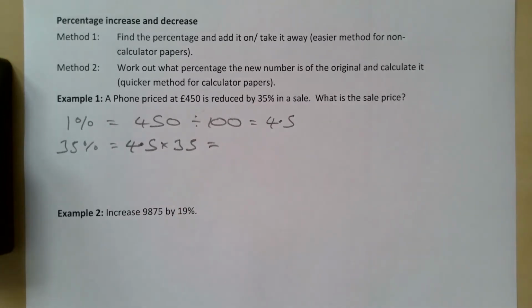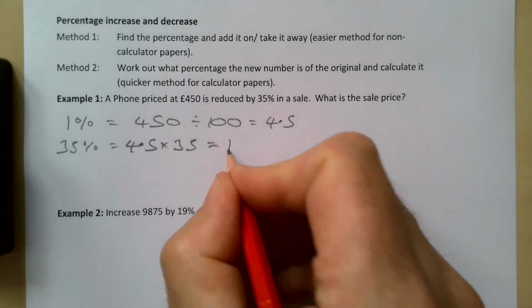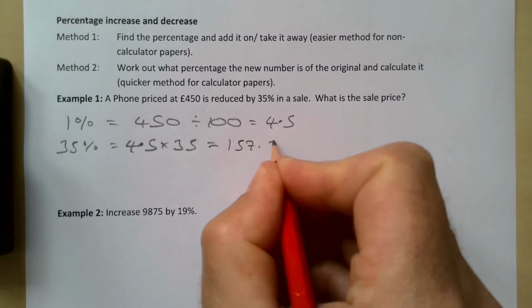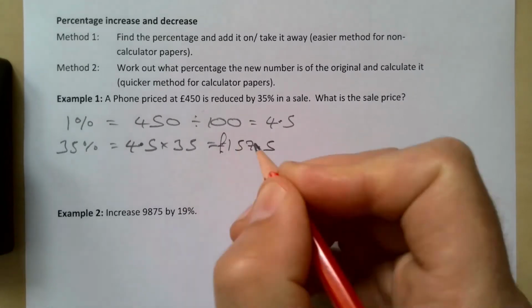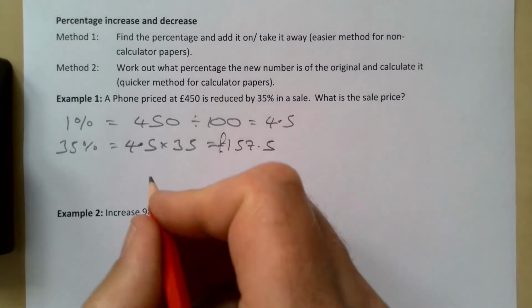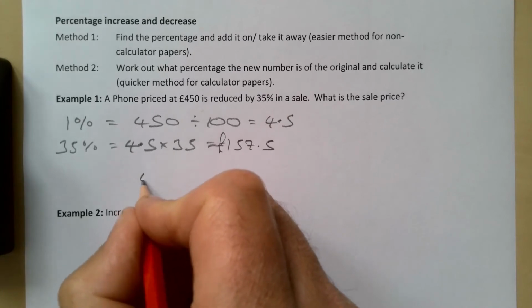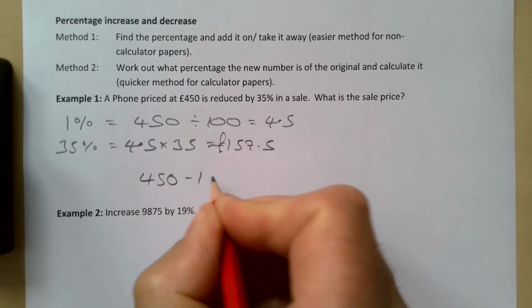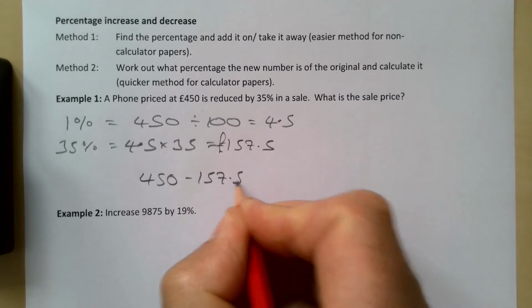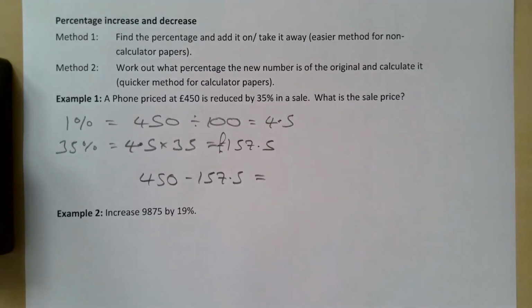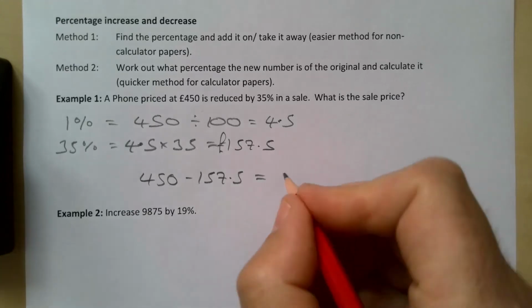If I put that into the calculator, I end up with 157.5. And I want to subtract that. So 450 take away 157.5, I end up with